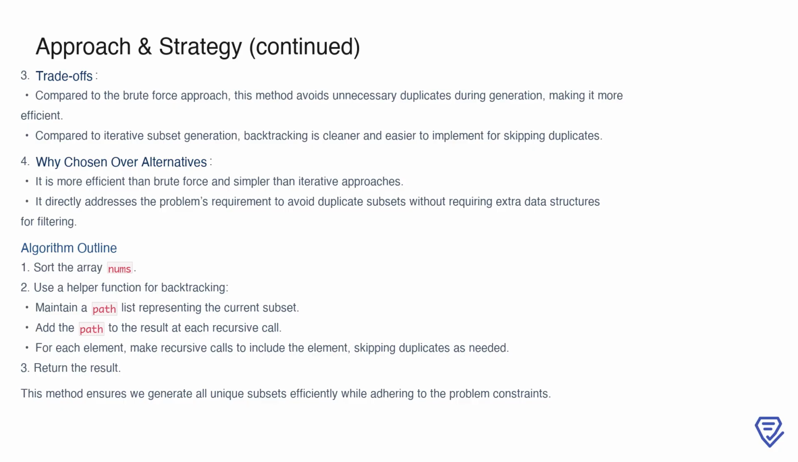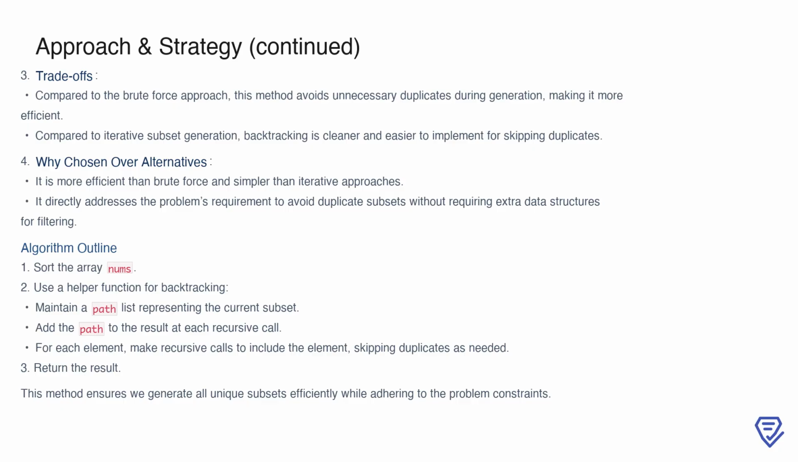The algorithm works as follows. We first sort the array nums to ensure duplicates are adjacent. Then, we use a helper function for backtracking. This function maintains a path list to represent the current subset and adds it to the result during each recursive call. For each element in the array, we recursively decide whether to include it in the subset, skipping duplicates as necessary by checking if it matches the previous element. Finally, the function returns the result containing all unique subsets. This approach adheres to the problem constraints while being efficient, intuitive, and easy to implement, making it the optimal solution